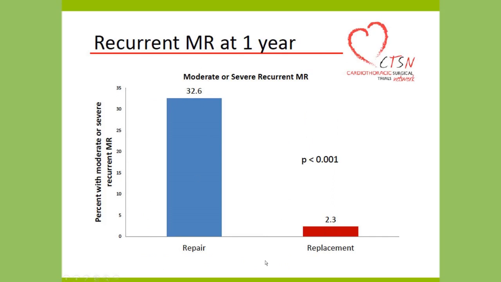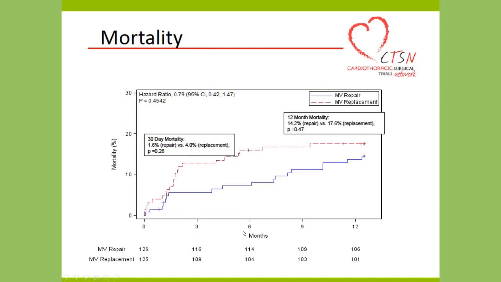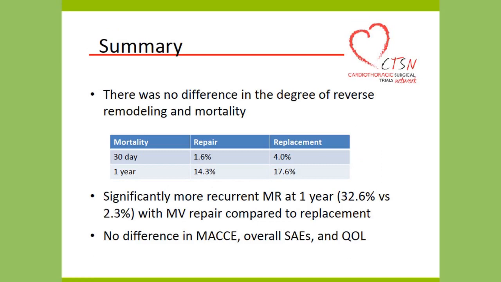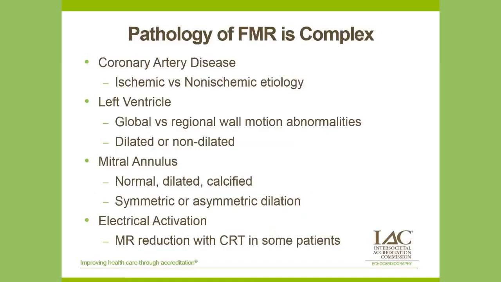So now the surgeons are thinking they should replace the valves. And this got worse at 2 years. At 2 years, it was almost 60%. So no difference in mortality statistically. Just go quickly here. So basically, the repair failure rate was so high in the surgical group that the guidelines have now said if you have secondary MR, you should consider replacing the valve instead of a ring.